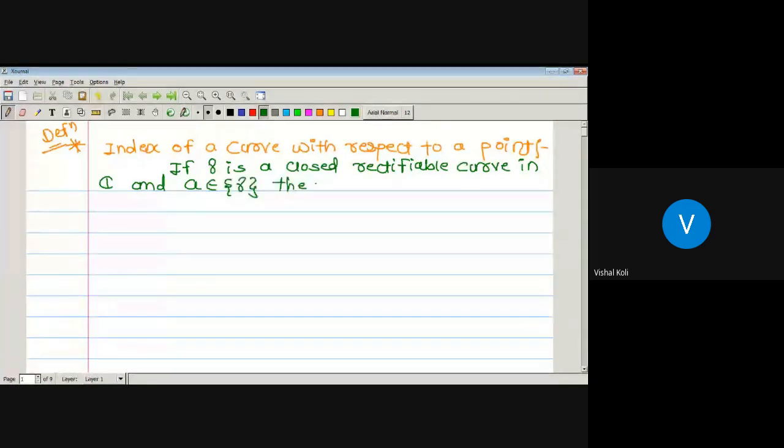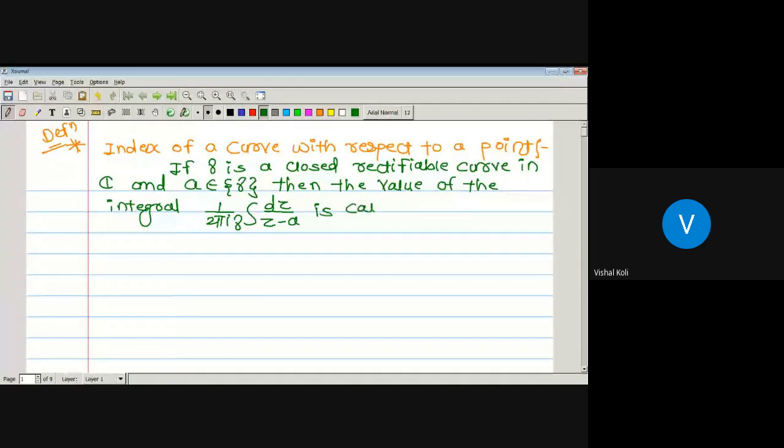Then the value of the integral one upon 2 pi i integral over the curve gamma dz upon z minus a is called the index of the curve gamma with respect to the point A, and it is denoted by